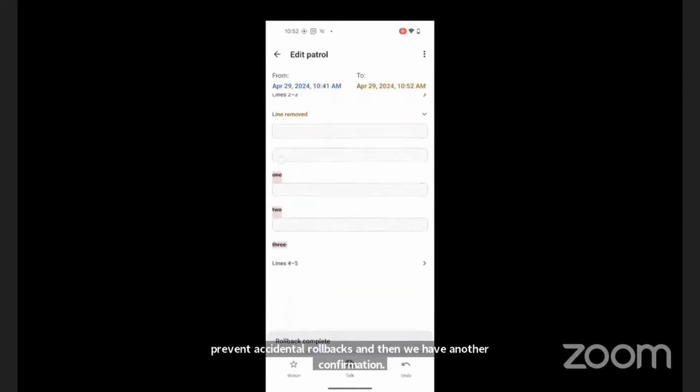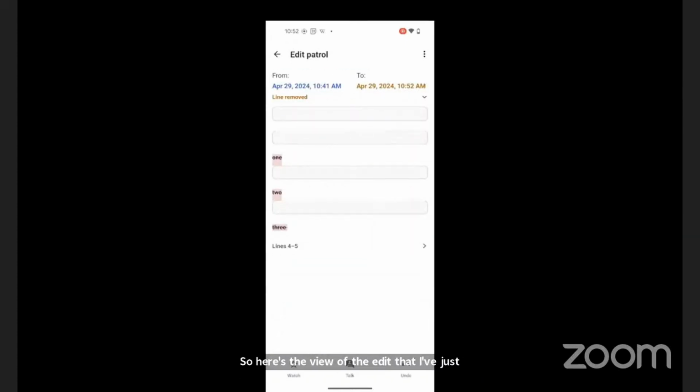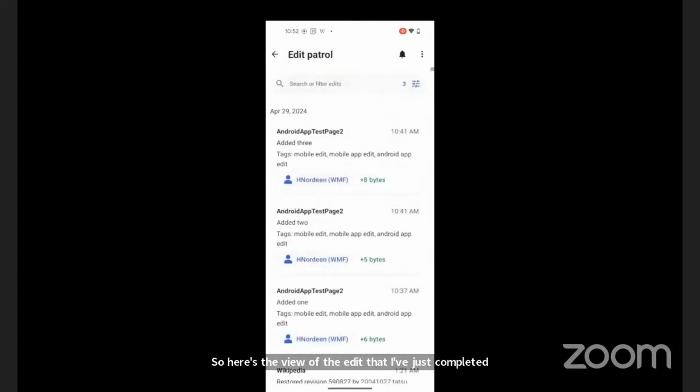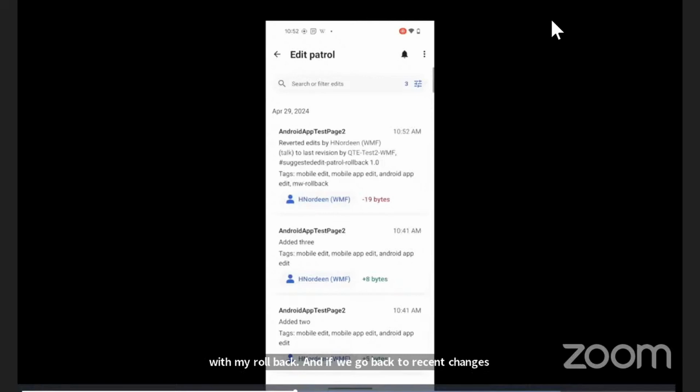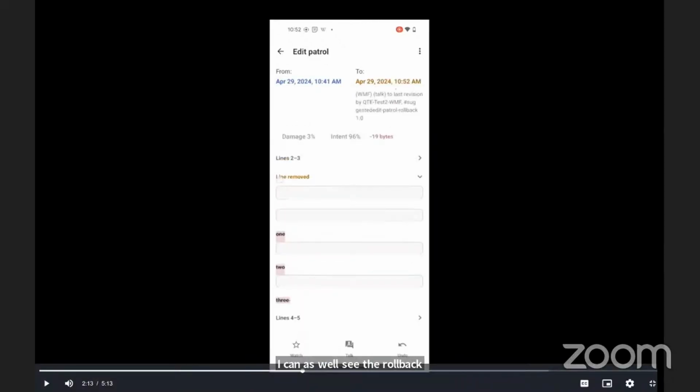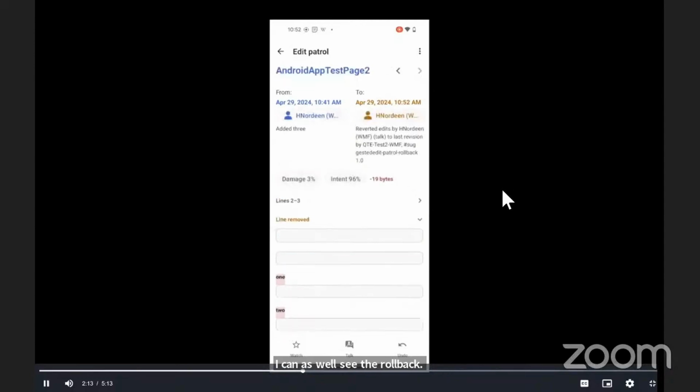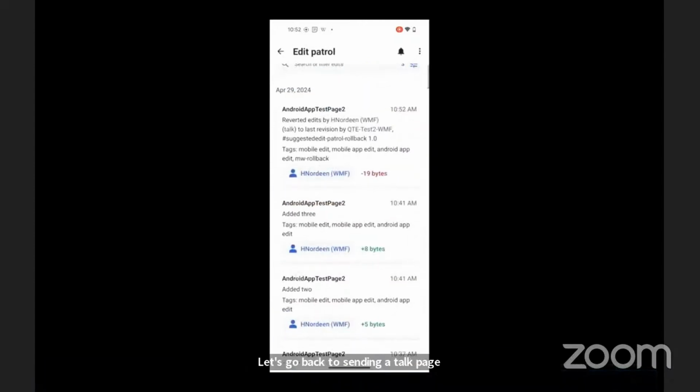So here's the view of the edit that I've just completed with my rollback. And if we go back to recent changes, I can also see the rollback. Let's go back to sending a talk page message.